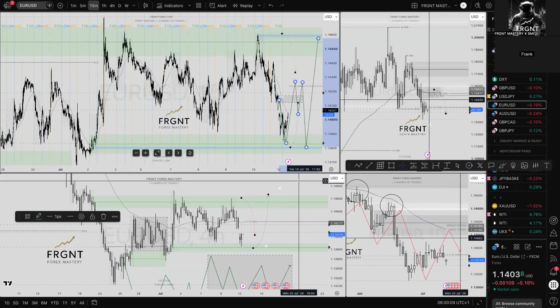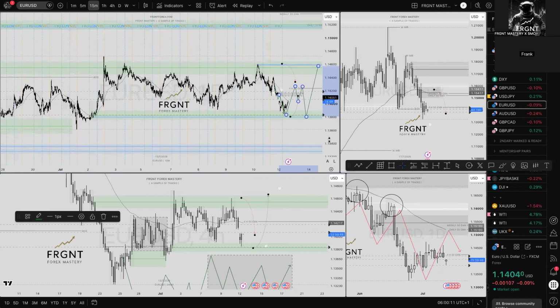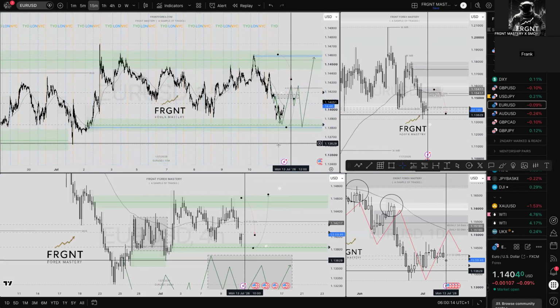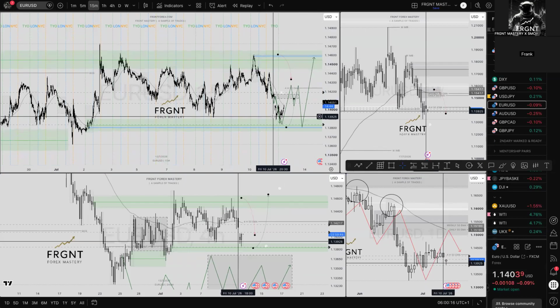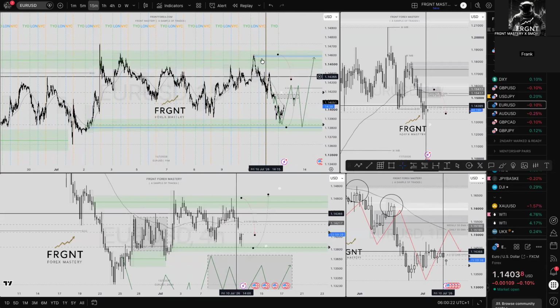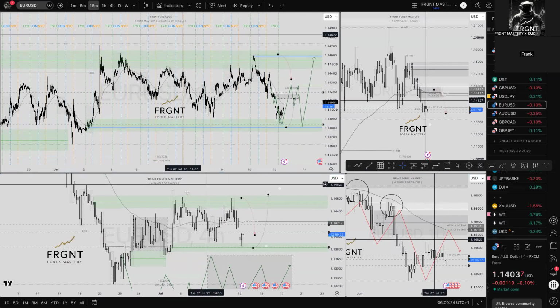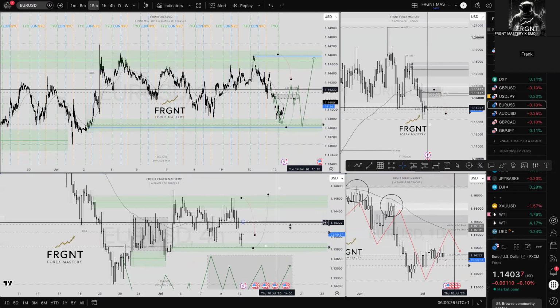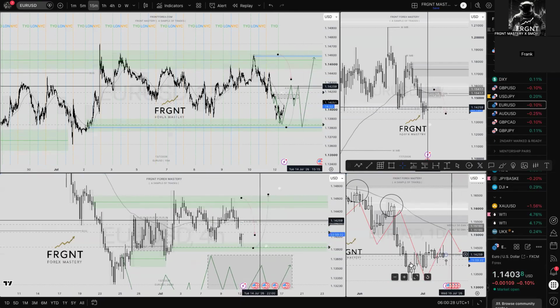Simple as that. And as you can see, when I zoom out on that 15-minute time frame, that doesn't look like clear price action structure. Or correct me if I'm wrong. At a later point, feel free to message me if you feel like you can identify clear highs and clear lows in this 15-minute price action, in addition, in this 4 hour time frame, in addition, in this daily time frame.